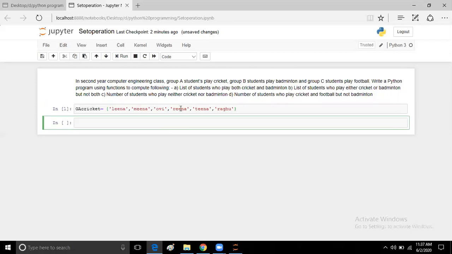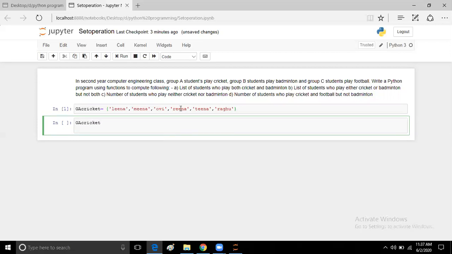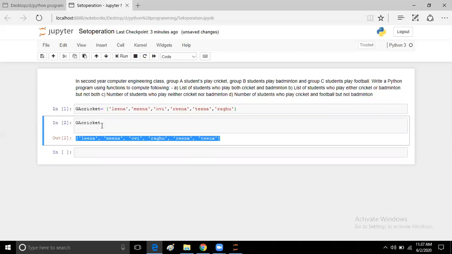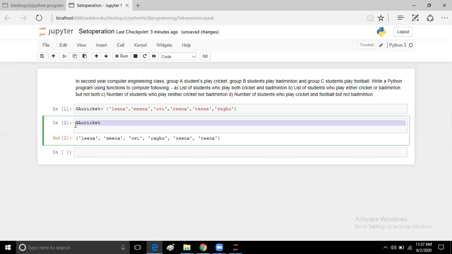If I want to list the elements of the set GA cricket, you can directly display it with the name GA cricket and shift enter. Here you will see the output of the set variable GA cricket, right?